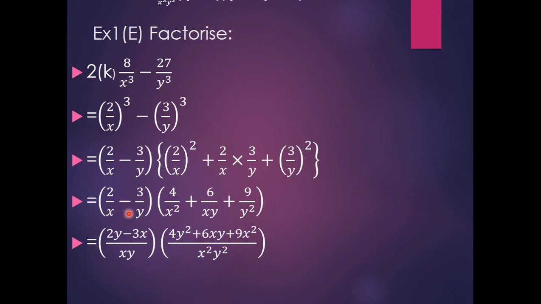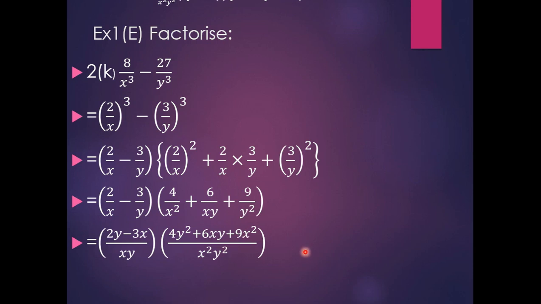Now we can take out the LCM from this. xy is the LCM, so x divides xy y times. When we divide xy by x it cancels, so y multiplies 2, so 2y. Here y and y cancel. When we divide xy by y, x multiplies 3. Now for the other part, the LCM is x square y square, and x square divides it y square times, so y square multiplies 4. xy divides x square y square xy times, so xy multiplies 6, so 6xy here. And dividing by y square, x square multiplies 9, so we get 9x square.